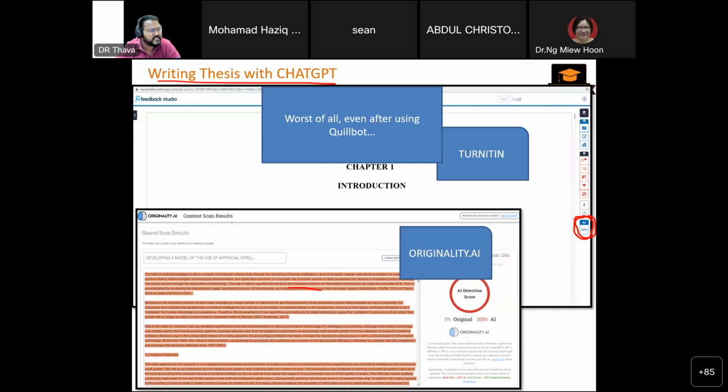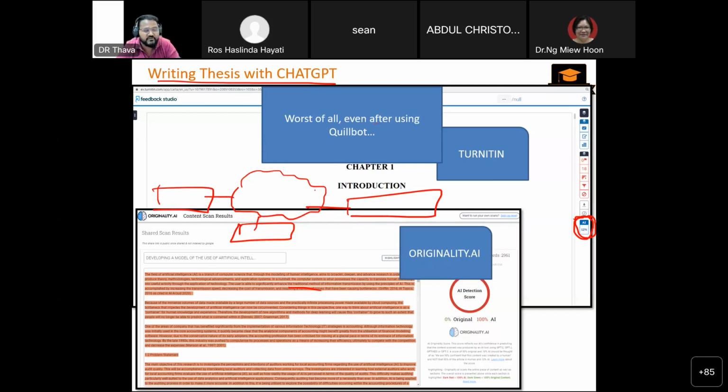Because you have to understand, ChatGPT is an output, Quillbot is an output, Originality.ai is an output. They are all wired to the same brain. So-called Quillbot, so-called AI. I don't know how much of that is true. It's one of the worst software in the market. Grammarly is okay, but Quillbot is horrible.